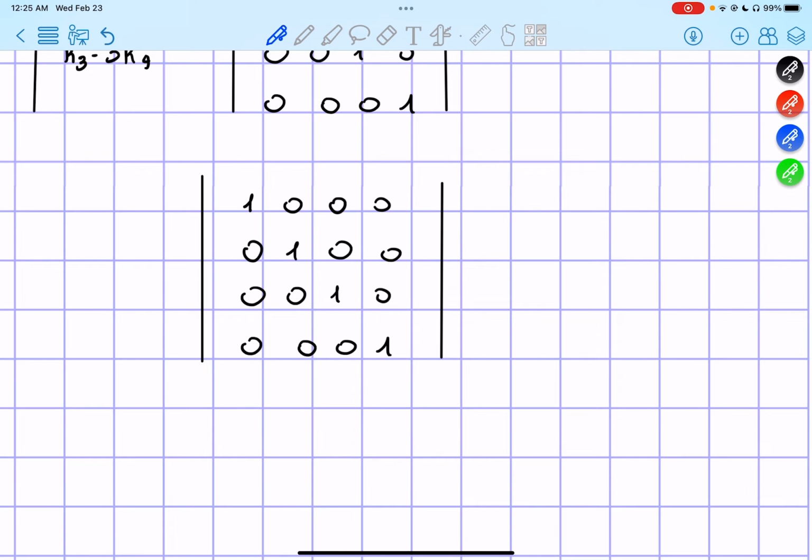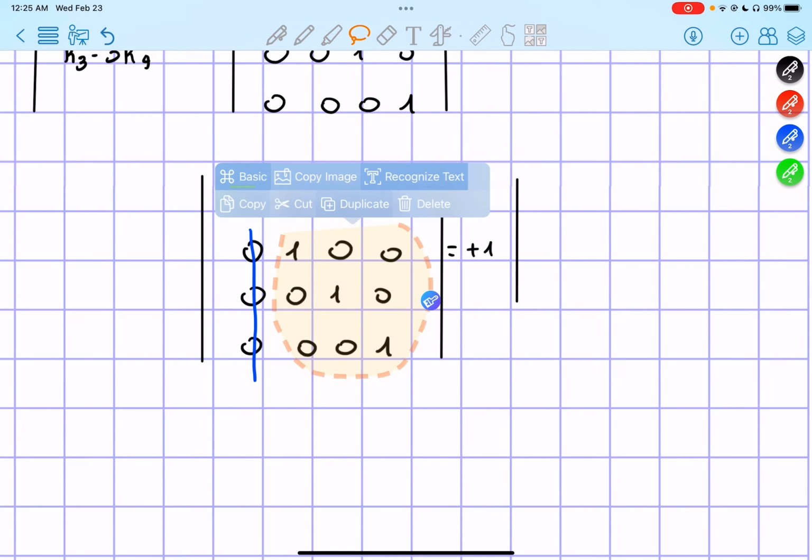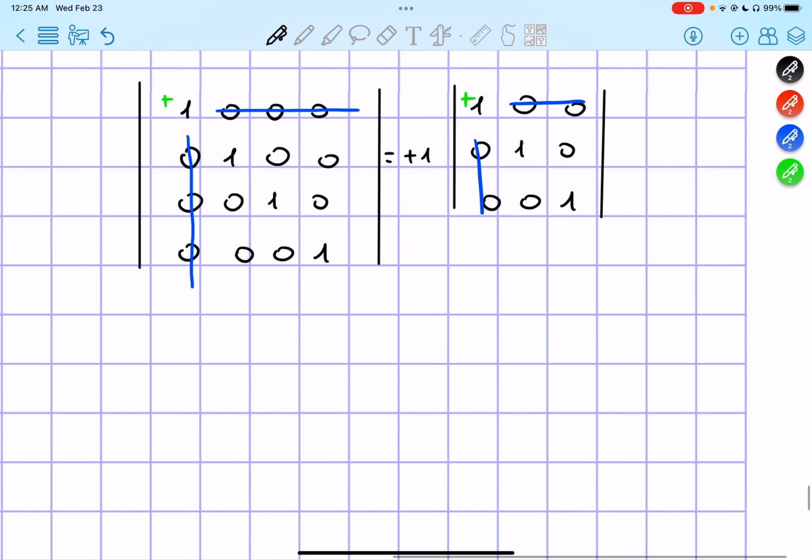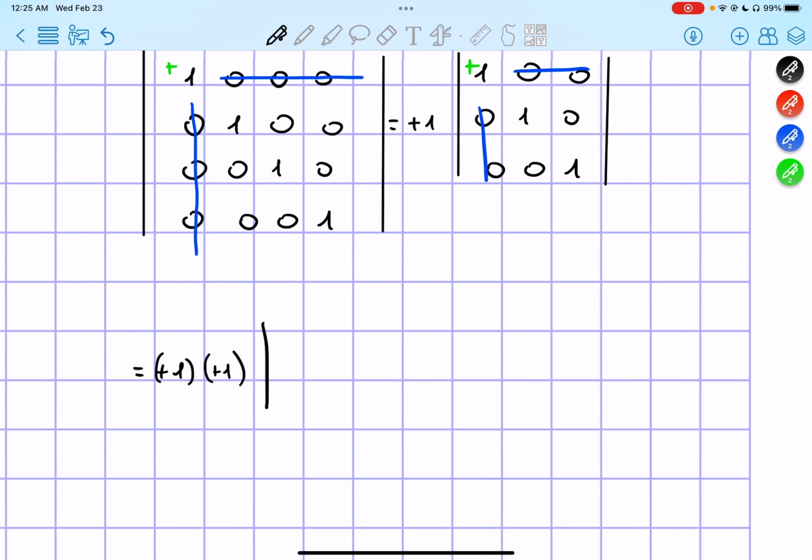So I'm going to develop the first row, first column. So the 1, we know it's signed positive, so I'm just going to get a positive 1, and then the determinant of the remainder of the matrix. And I'm going to do this thing again. So I'm going to take the first row, first column, the 1, I know it's positive. So I'm going to write it over here. Positive 1 times positive 1, first positive 1 from before, and then the determinant of 1, 0, 0, 1, which